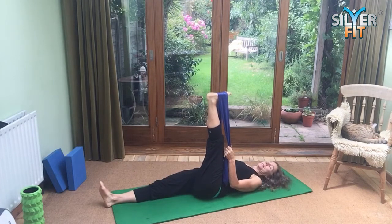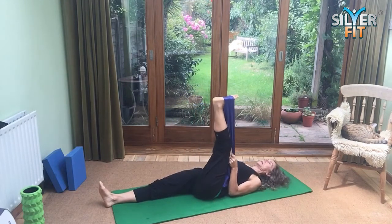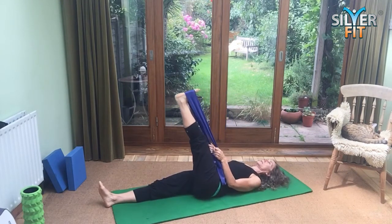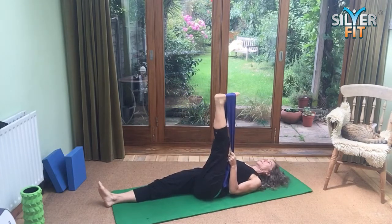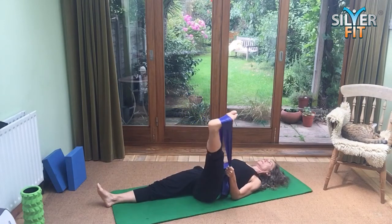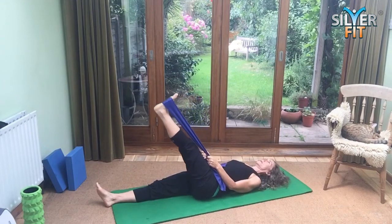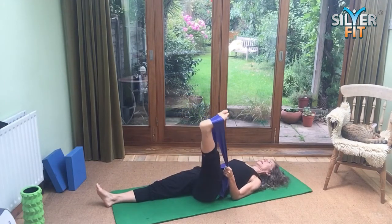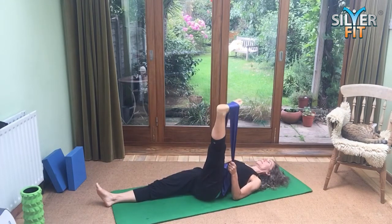So once you're ready to go, we're going for 5. You may need to soften your knee a little bit as the leg comes in towards you. That's 4, 3, 2, and 1. And then we're going to change direction